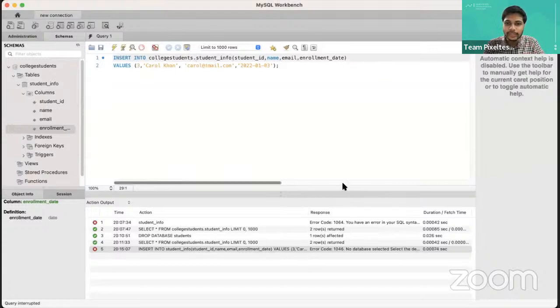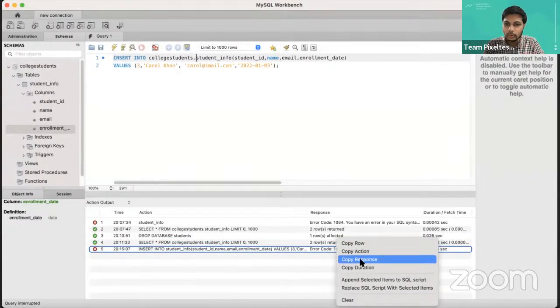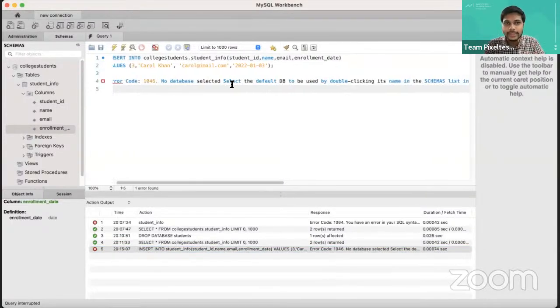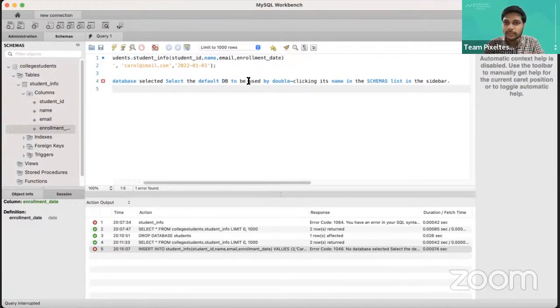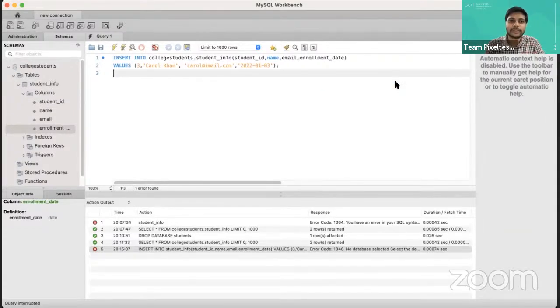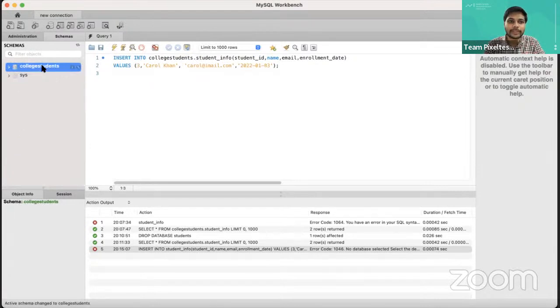So it is important to understand what your errors are, right? One cool feature in Workbench is you can right click here and say copy response. And maybe you can just go ahead and Google it also, right? It says error code, no database selected. Select the default DB to be used by double clicking its name in the schemas list in the sidebar. So I think that is something useful, right? So I'm going to double click it and see if it is going to run without